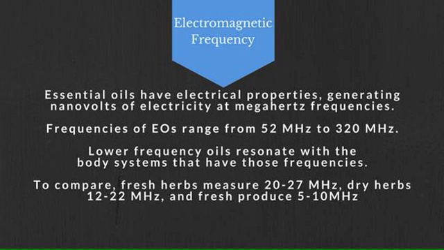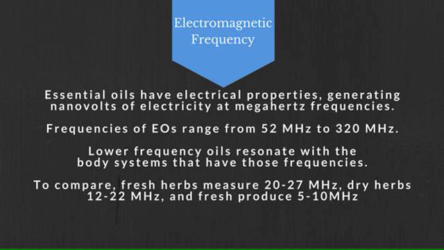They range from 52 megahertz to 320 megahertz, and lower frequencies resonate with the body systems that have those frequencies. So bone has a low frequency, right? And valor actually has a very similar frequency to bone. So we find that valor is